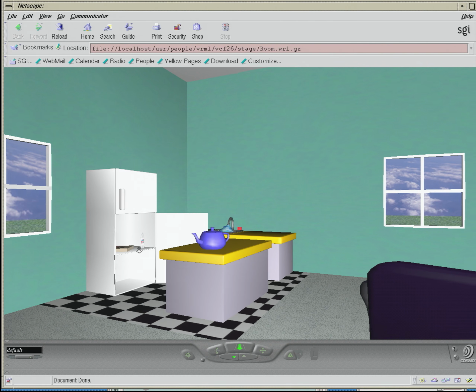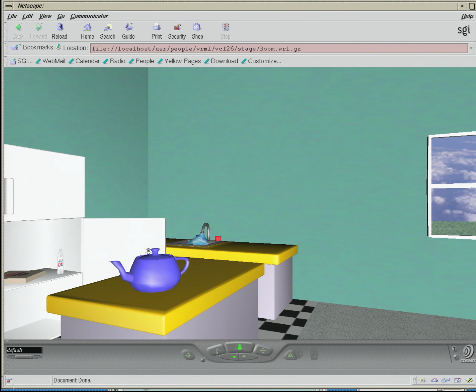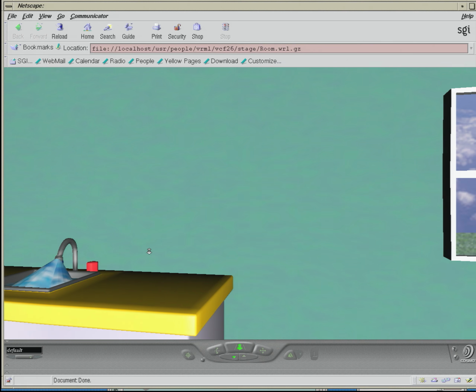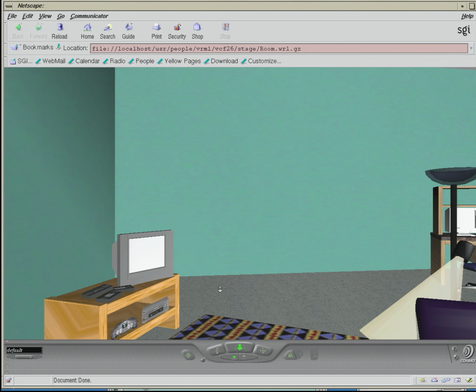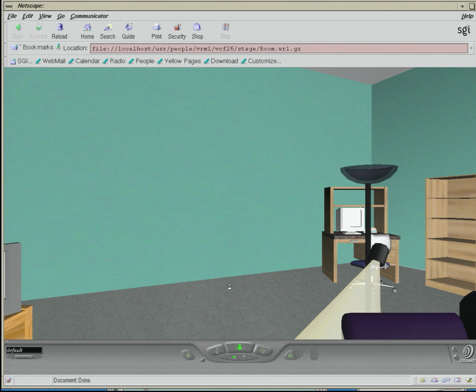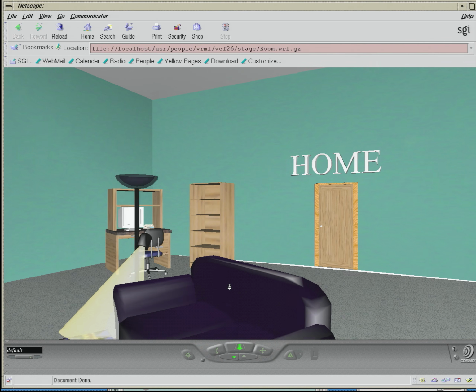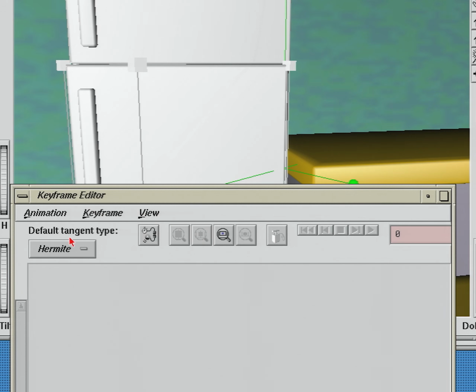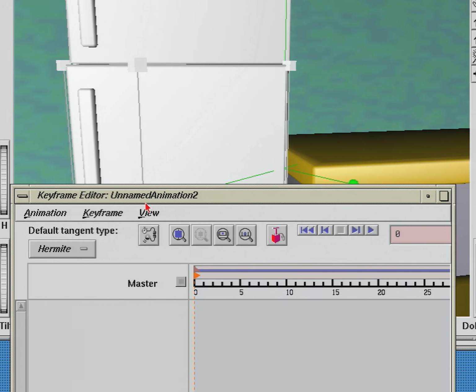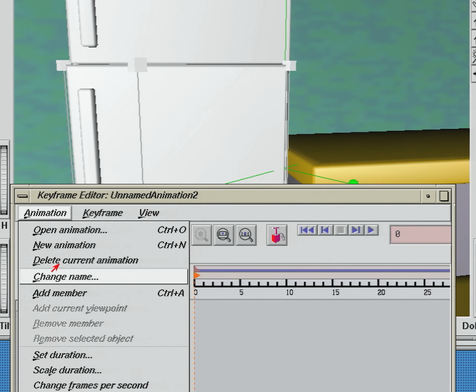Looking pretty cool. But it's a little bit static and kind of boring. There's no interaction anywhere, and it's just kind of plain. One of the things we can do to really add a fun level of interaction is use the animation editor that's built into Cosmo. So for example, if we wanted to be able to open and shut the refrigerator,